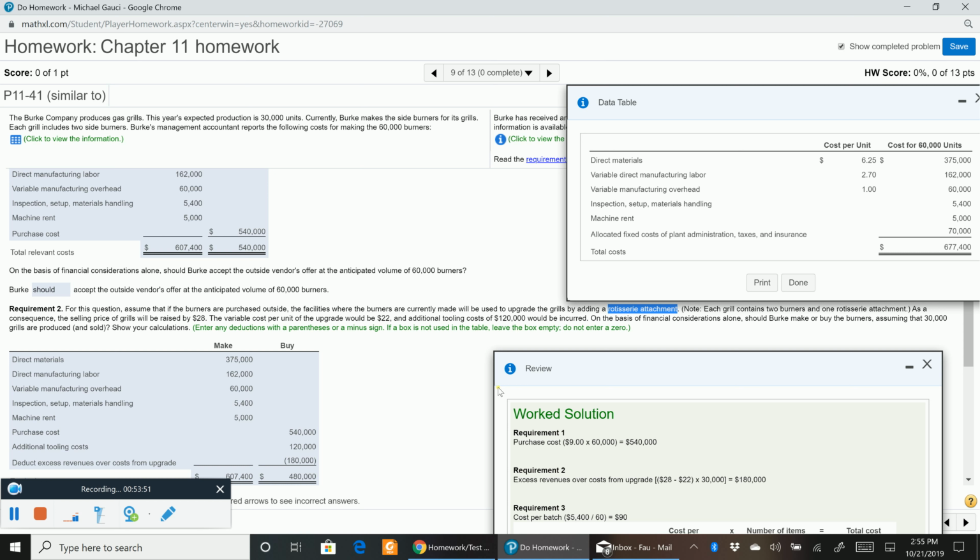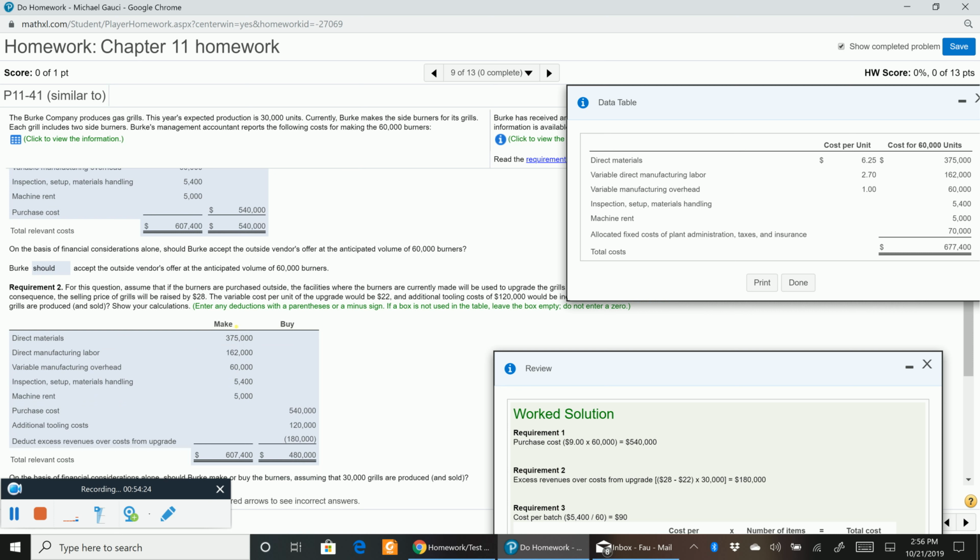And we'd have additional variable costs of $22 if we have this rotisserie attachment. And we'd also have additional tooling costs of $120,000 that would be incurred. So once again, the question is, on quantitative analysis alone, no qualitative analysis, should Burke make or buy the burners? So remember, we're dealing with 60,000 burners, assuming that 30,000 grills are produced and sold. So you remember these costs. If we make the burners internally, we got that from part 1,